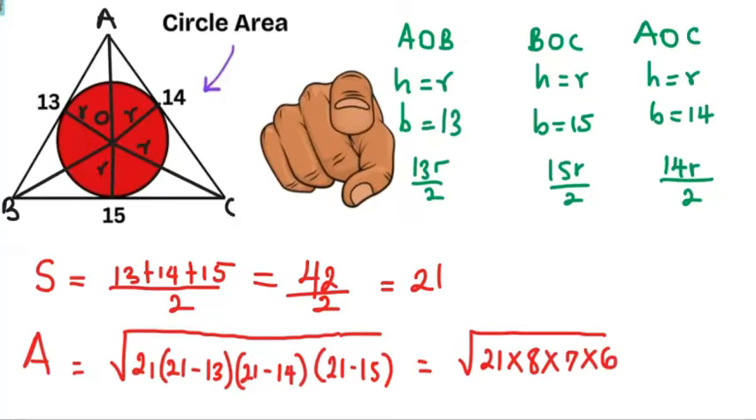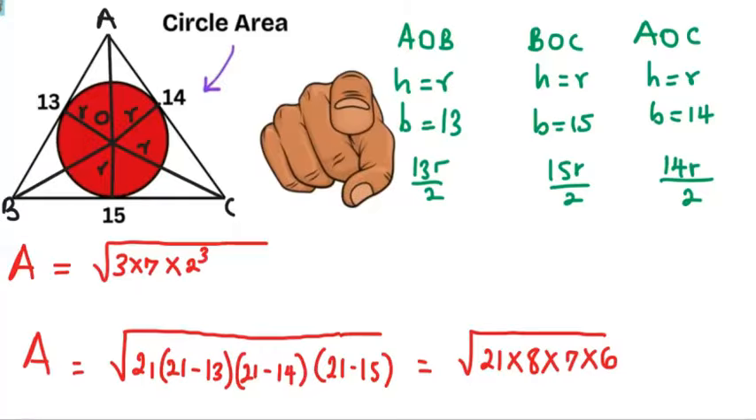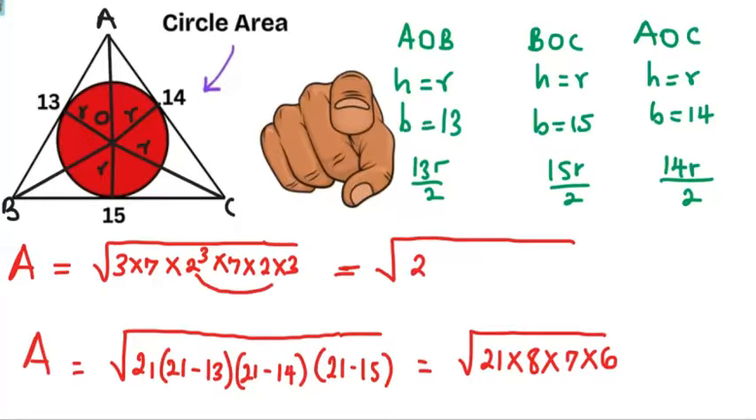Awesome. Now, we're going to work smartly here. We're going to see how to find the square root without any calculating device. So the area is going to be the square root of, 21 is the same as 3 multiplied by 7, then times 8 which is 2 cubed, and then times 7 times 6 which is 2 times 3. So this is equal to the square root of, now we have 2 cubed times 2 here, giving us 2 to the power of 4,